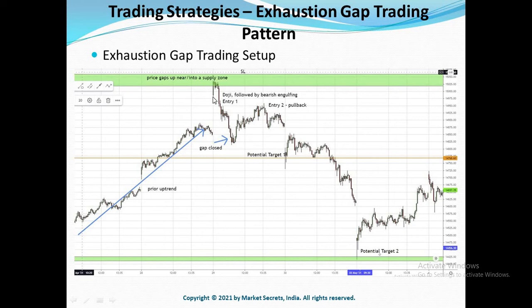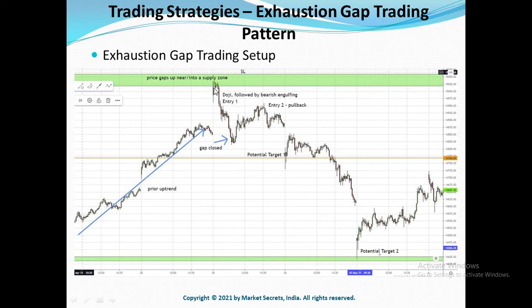Now the third part is the reversal candlestick pattern formation. Once the price gaps up, the price struggles to move up after the gap up and continues to be range bound for a while. If you look here, the price was stuck here for a while and then the price forms the reversal candlestick pattern. This is nothing but this big red candle. This has reversed the entire move. This has formed a bearish engulfing pattern, which is a reversal candlestick pattern.